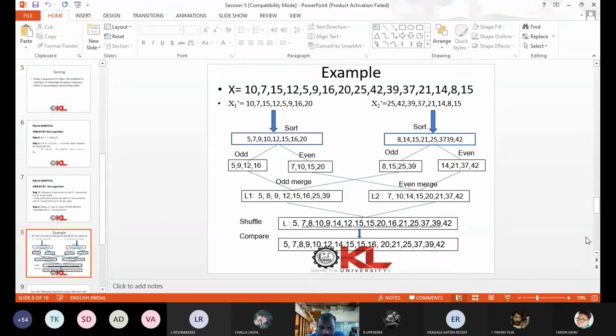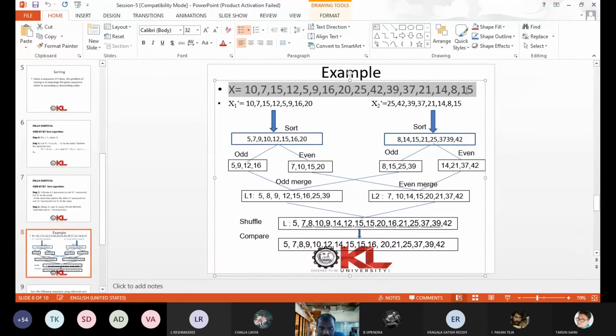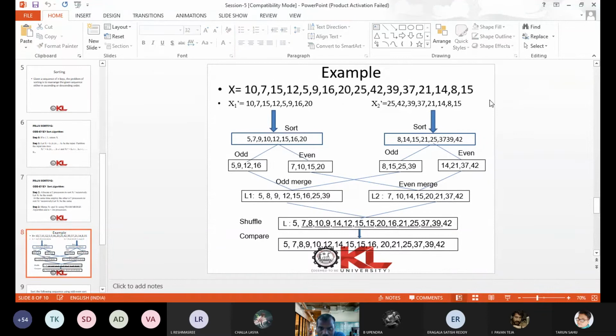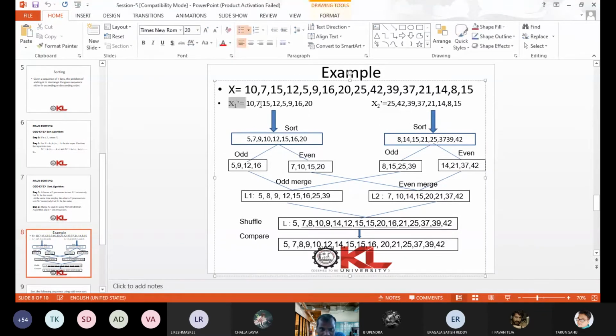Look at this slide. First of all we have to divide the given list. X is the given list. We divide it into two equal parts, x1 dash and x2 dash.